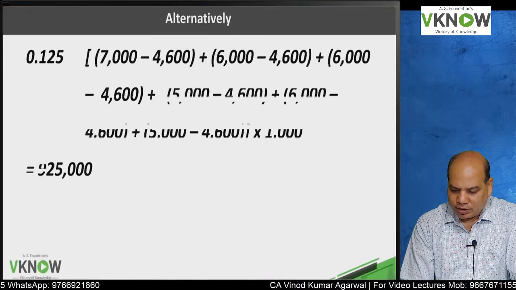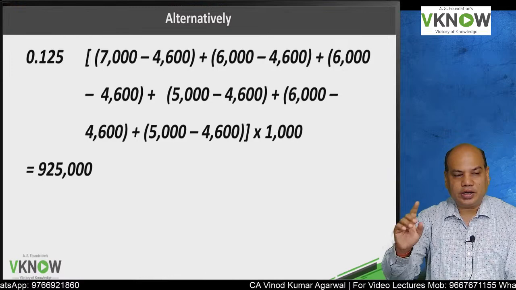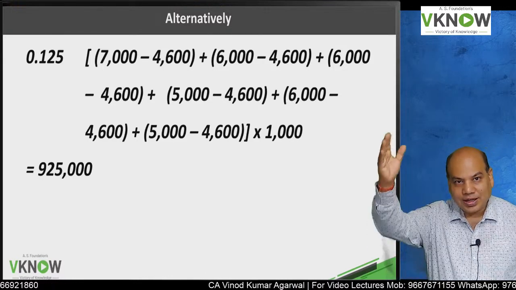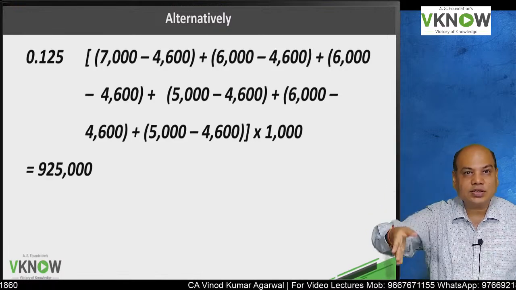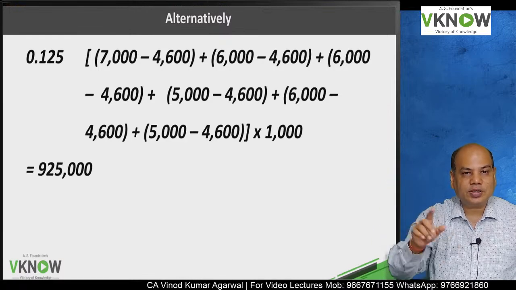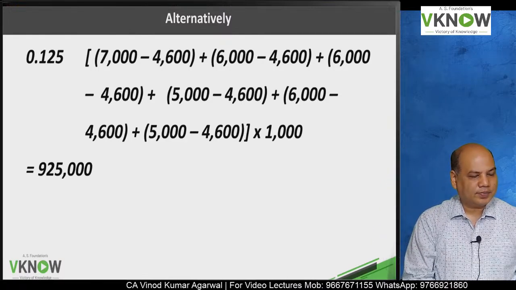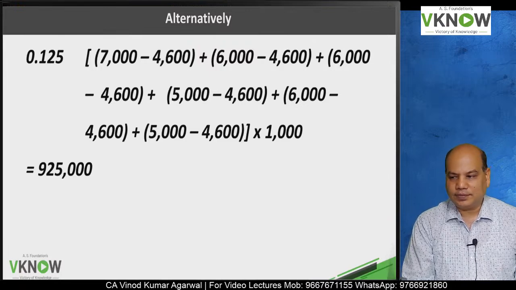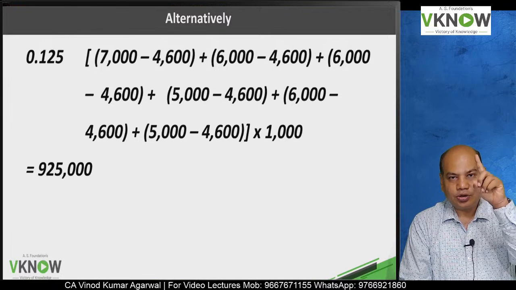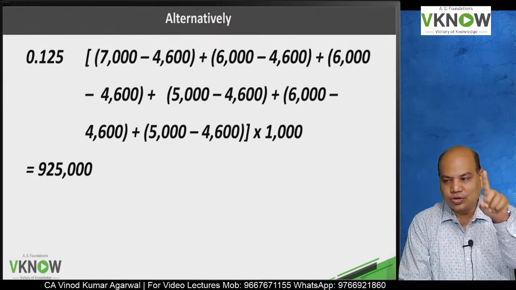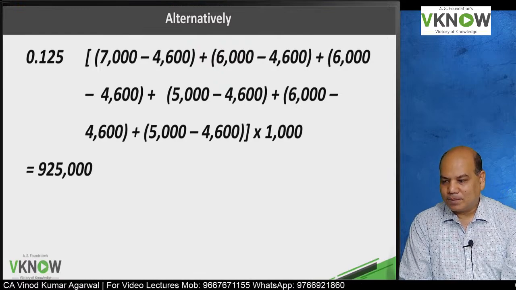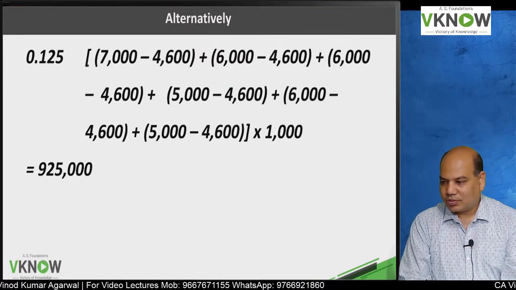Write down alternatively. You can solve by this also. You will get the same answer. Go to the last year, diagram 2, last year. First six numbers, each of them has a probability of 0.125, into bracket. First number on the top right side, in diagram 2, 7,000 minus 4,600, that is extraction cost, plus